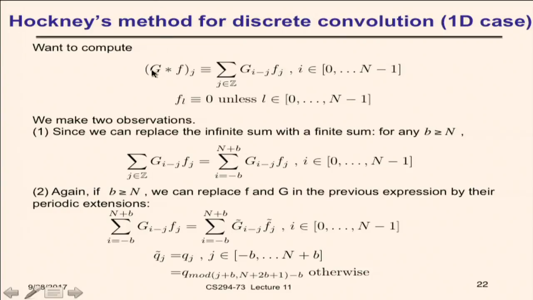So I want to compute G convolved with F. So what does that mean? I have G, some array. I'll do all of this in 1D, but it all extends to multiple dimensions in an easy way. For any point I, G convolved with F evaluated at I is the sum over j in Z of g of I minus j, f of j. And typically you don't want to compute an infinite number of locations, but a finite number of locations. You just want to do this for a set of locations 0 to n minus 1,